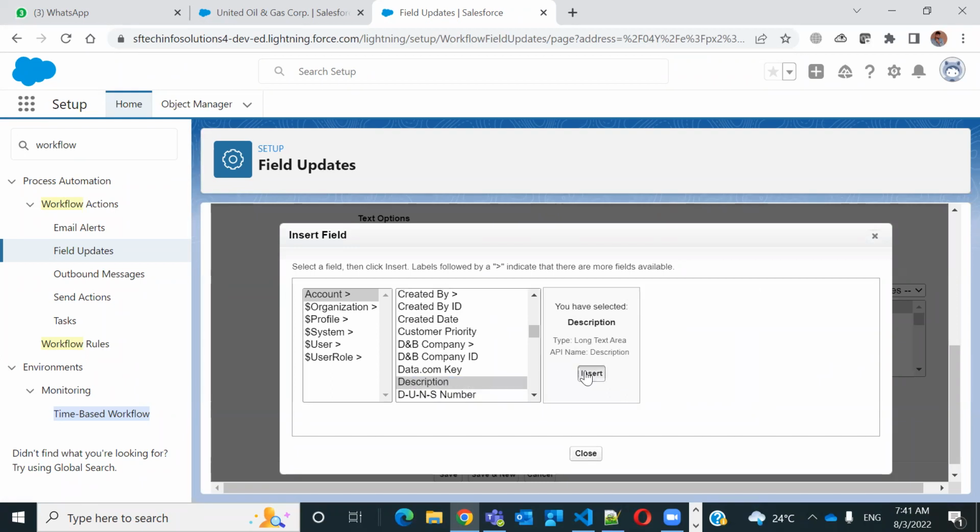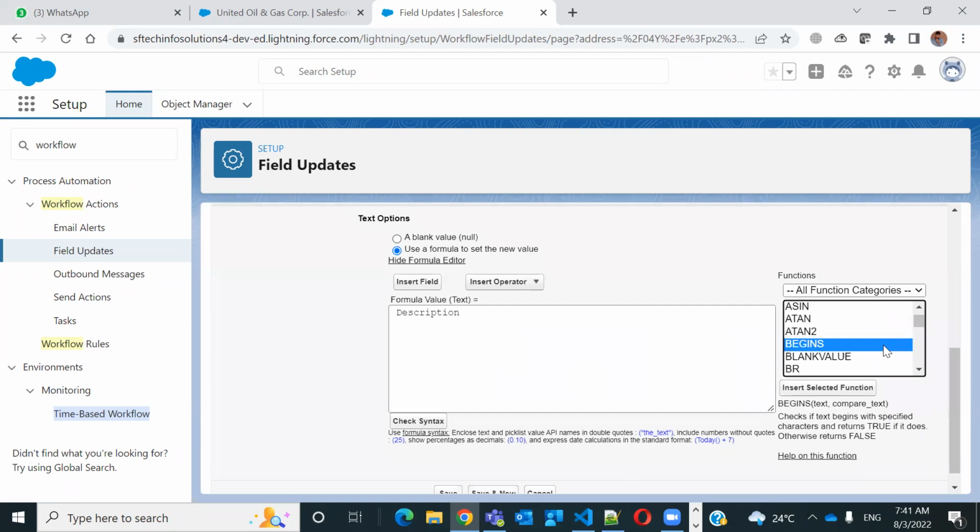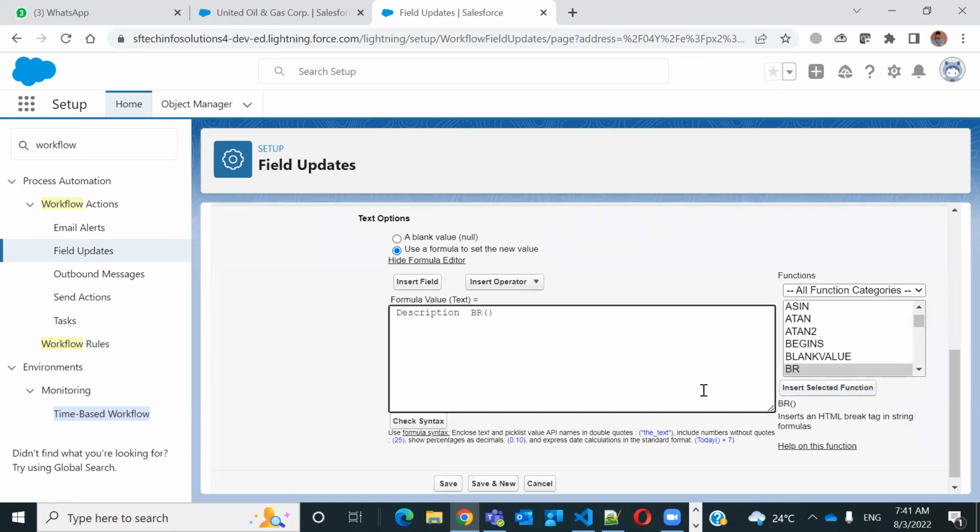So along with the description, I'd like to add one break, and then add my message: add on description after 3 hours. Okay, I just